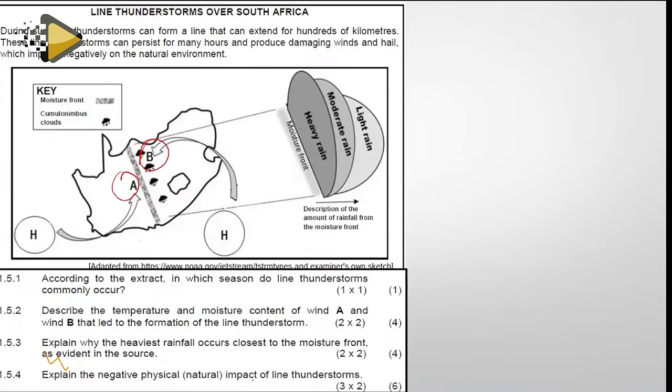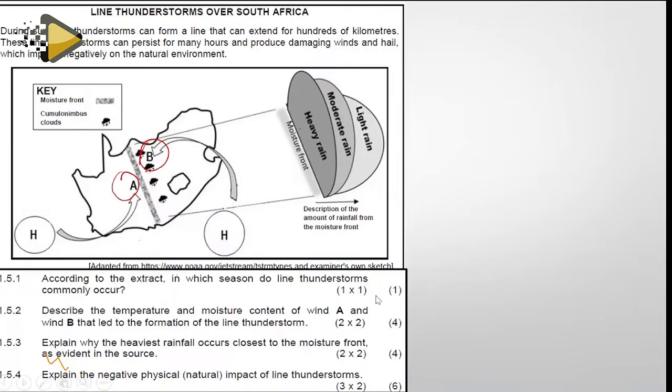Explain the negative or physical impact of line thunderstorm. We have already spoken about the impact of line thunderstorm. What are the impacts of line thunderstorm? Because line thunderstorm is associated with cumulonimbus clouds, all you need to know is you need to look at the impacts of cumulonimbus clouds. Remember, we spoke about